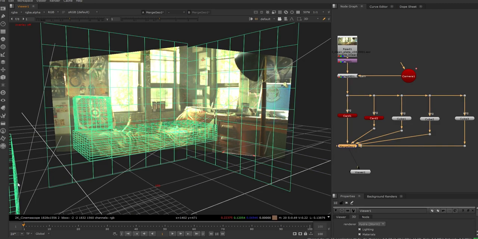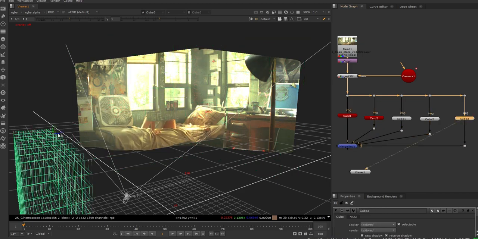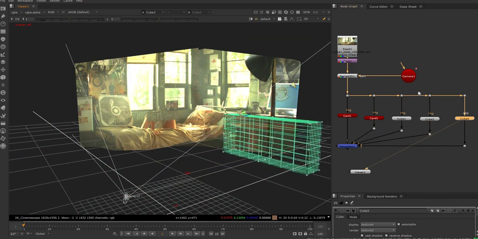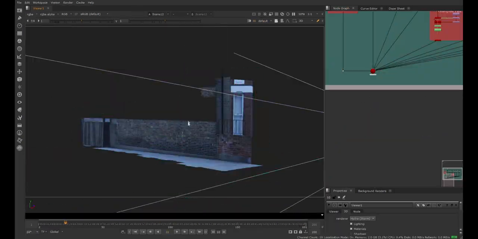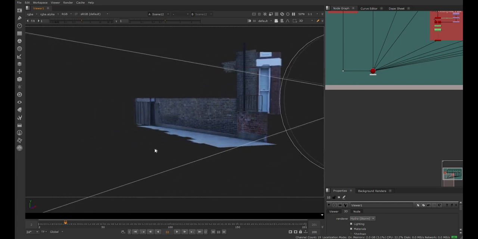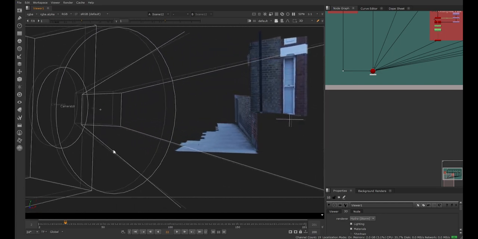The new Hydra viewer should support most of the workflows you are familiar with. Moving geometry around in the scene, particle systems, and projection setups should all display correctly with the Hydra viewer, barring a few known issues that we have noted in the release notes.